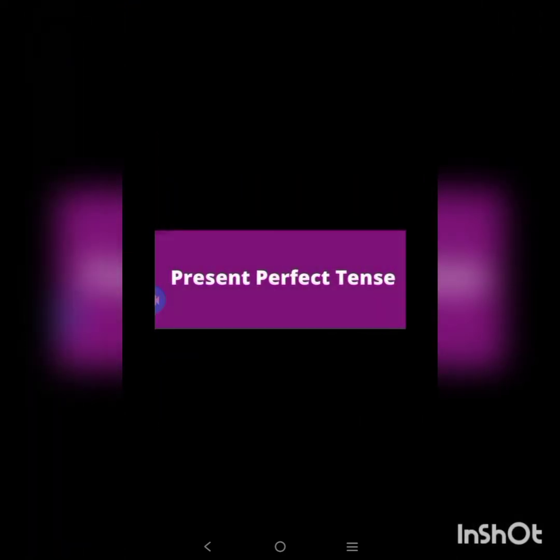Okay. Next one is present perfect tense. So what is present perfect tense? What is perfect? If an action is completed perfectly, we will say it's perfect, is it? If your handwriting is good, if you have written neatly, the teacher will say it's perfect. If you have completed an action in a good way, the teacher will say it's perfect, is it? So